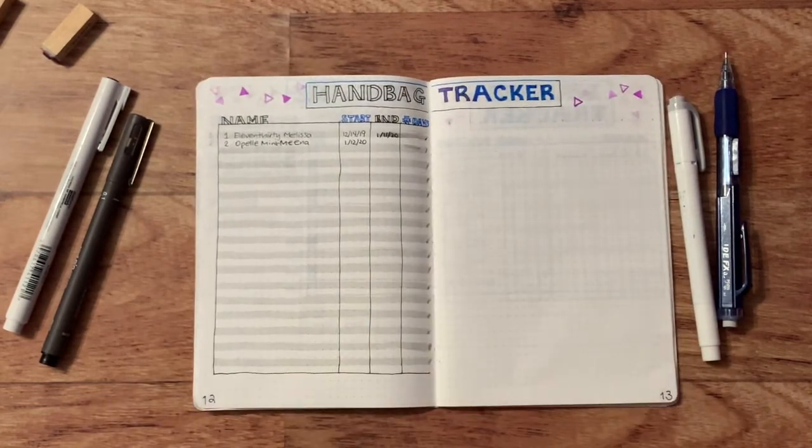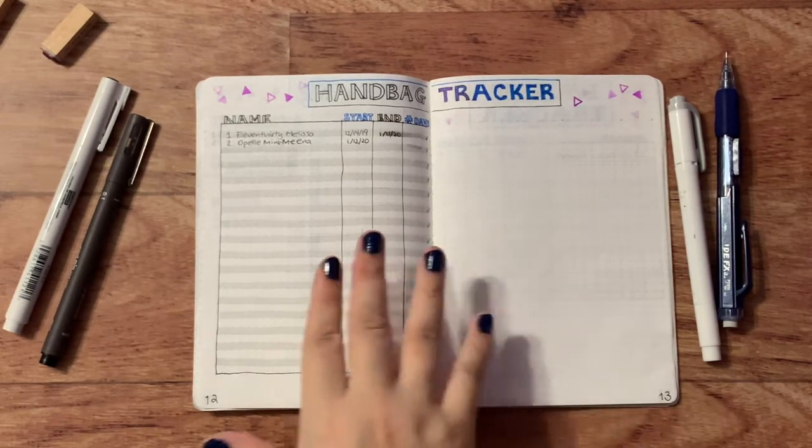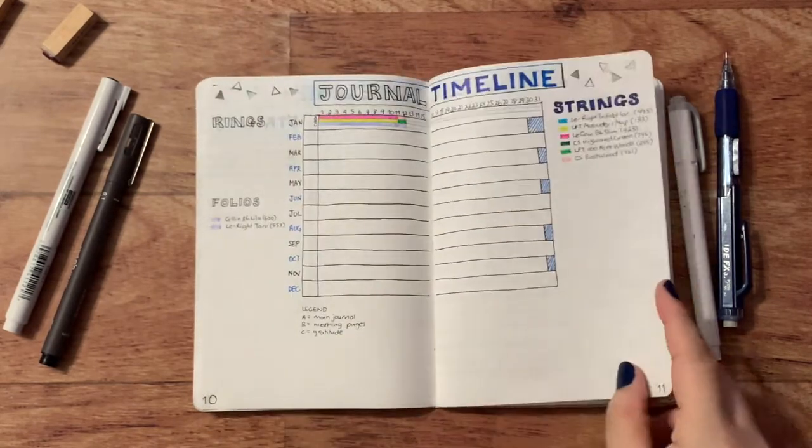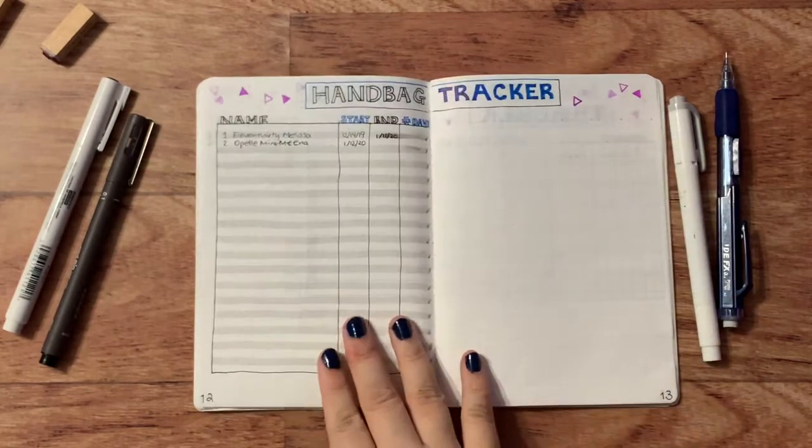Next, we move on to the handbag tracker. It made sense that if I was going to be tracking what I was using for my planner and what I was using for my journal, I should also keep track of what I'm wearing as my handbag. So, instead of using this kind of timeline and then color coding it,